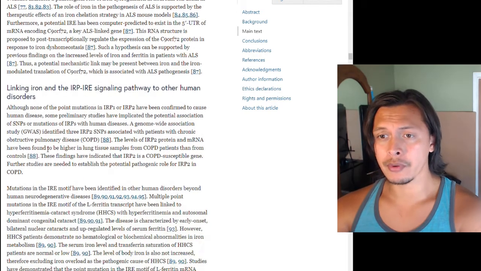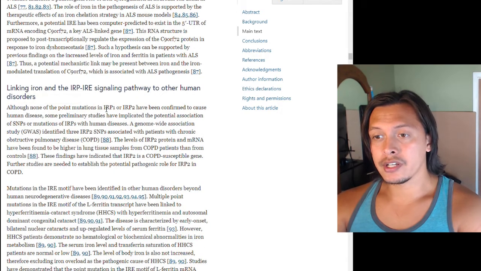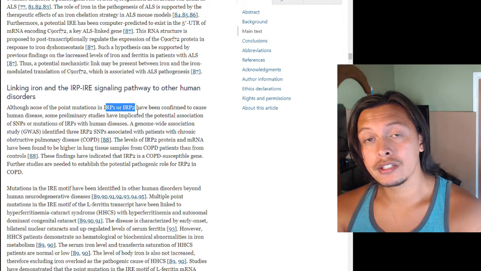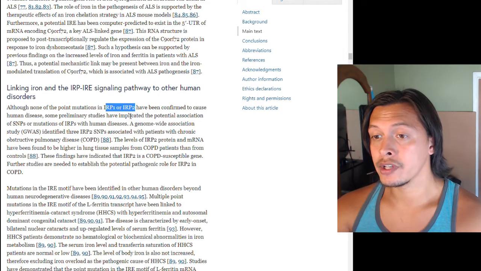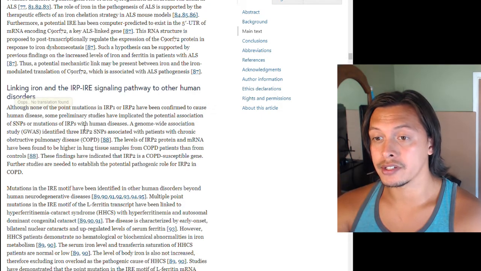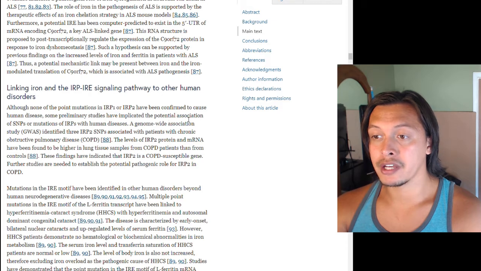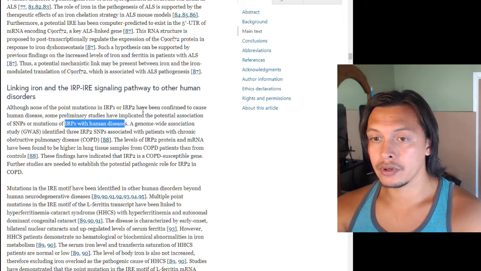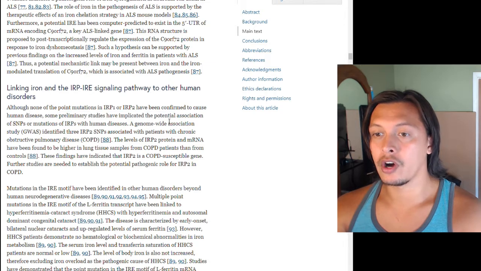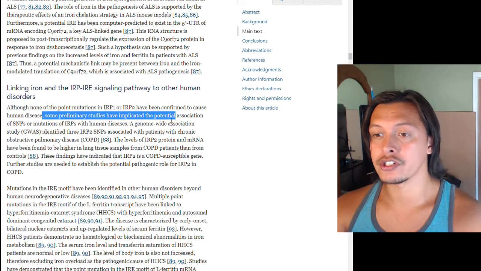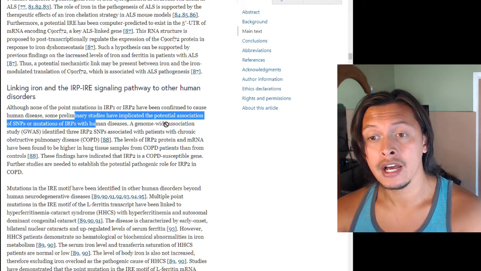neurological. Anyways, none of the point mutations in IRP1 or IRP2 have been confirmed to cause human diseases. And remember, these are the iron response proteins, and you have two different types of iron response proteins in your cells. Some preliminary studies have implicated the potential association of single nucleotide polymorphisms, or mutations, of IRPs with human disease. We haven't confirmed any of these associations, but we have preliminary studies that have implicated a possible